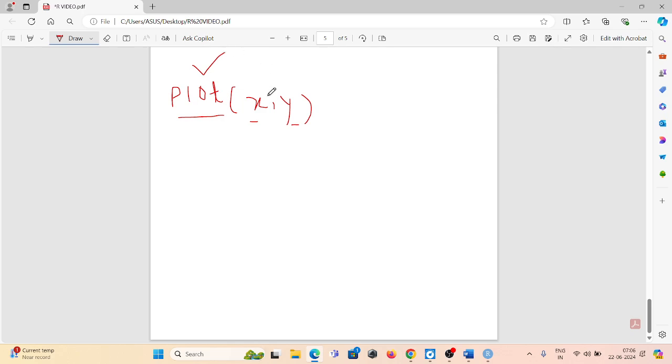One variable is the dependent variable, one is the independent variable. So when I write the plot function with x and y within brackets, that means I want to make a plot with the variables x and y. Here x is called the independent variable, and y is called the dependent variable. Okay, so what is the independent variable?